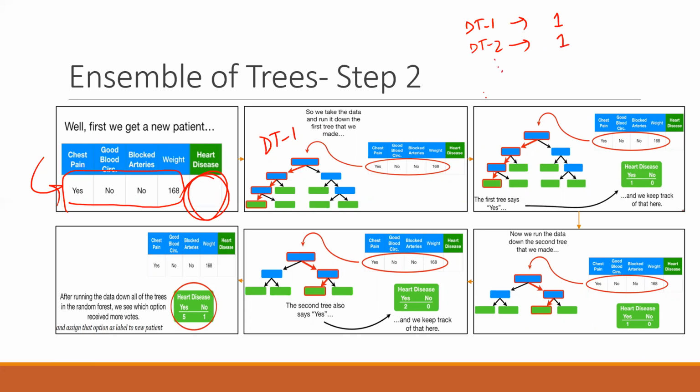Similarly, if you have maybe 10 decision trees, in this case they have taken only 6. So let's say the 6 decision trees are giving me yes, but out of these, only one gave the no value and the other 5 gave me the yes value. Based on that, this table will be updated, right? Based on different decision trees, the table will keep on updating, and that has been shown here: the first decision tree is saying yes, the second decision tree is also saying yes, and out of 6, 5 have said yes and 1 has said no.